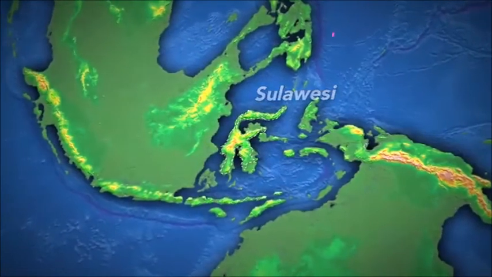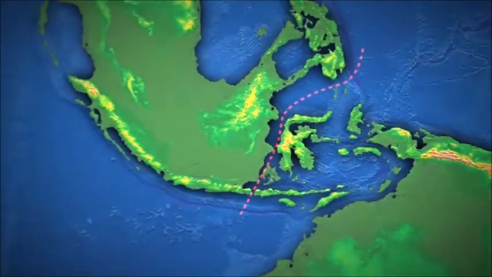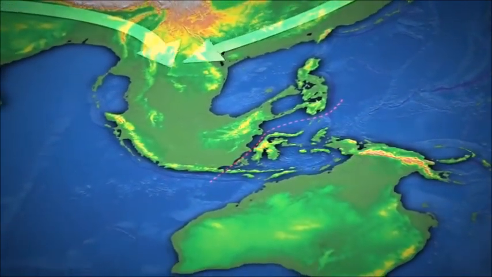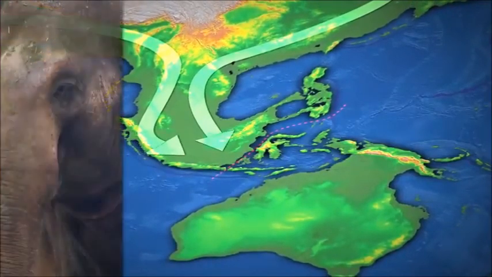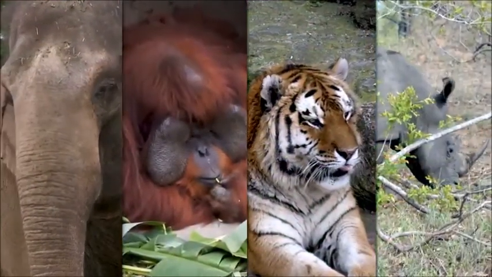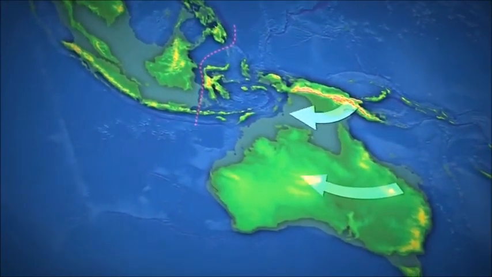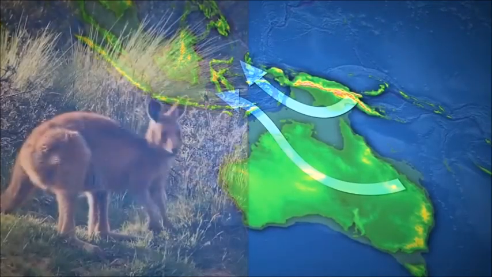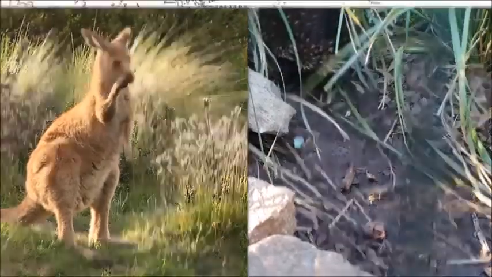As a result, it's here that an important natural boundary was formed. Being an extension of Eurasia, animals moved freely between Asia and the Sundaland, populating this region with the animals typical to the continent, such as elephants, apes, tigers, rhinos, Eurasian animals. Past this line, however, only animals originating from Australia and New Guinea had access, which is why you'll find things like marsupials and monotremes over here and basically nowhere else, making what's known as the Wallace Line the natural barrier